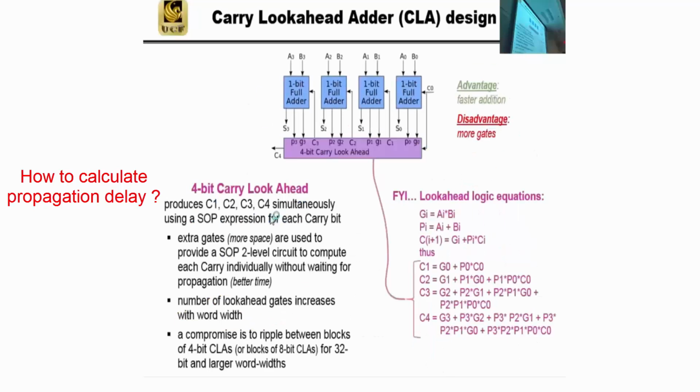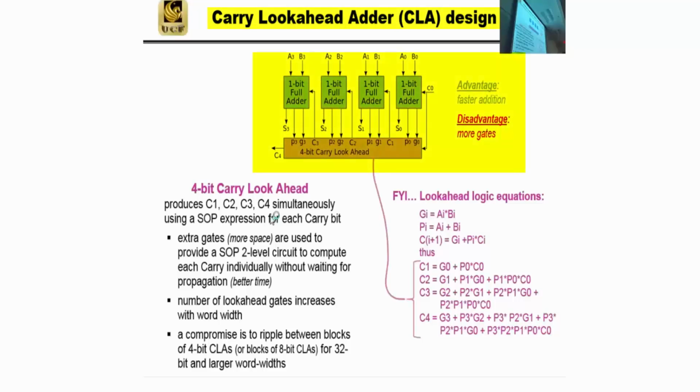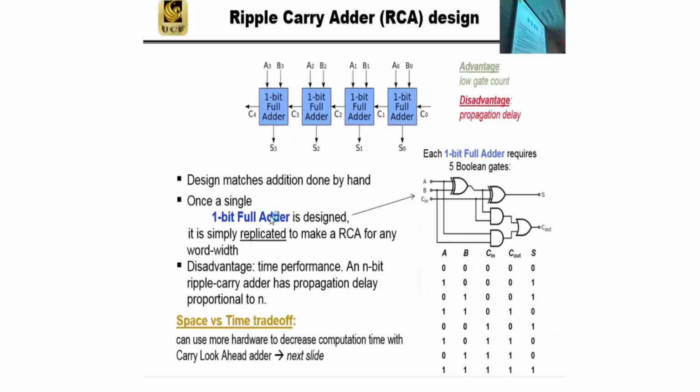To meet their performance requirement, one way to get the result quicker without waiting for these carries to propagate or ripple is to use carry look ahead. Carry look ahead has these logic equations. You're not responsible to memorize these, but you should understand the concept: we're going to express all the cases when the carry could be 1. So start here. When can this carry be 1? Well, carry can be 1 if A was 1 and B was 1, because 1 plus 1 is 2,